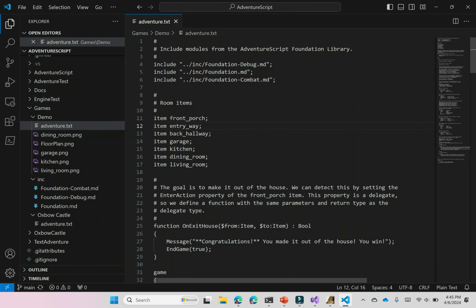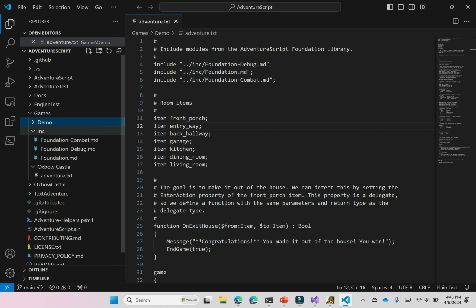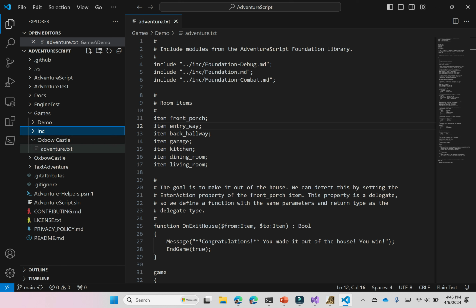Let's take a closer look now at the source code for the demo game. So here I've launched Visual Studio Code and opened the AdventureScript directory. On the left-hand pane we see the directory structure of the AdventureScript repo. There's a games directory, and under the games directory there is a demo subdirectory, an ink subdirectory, and an Oxbow Castle subdirectory. So the demo subdirectory